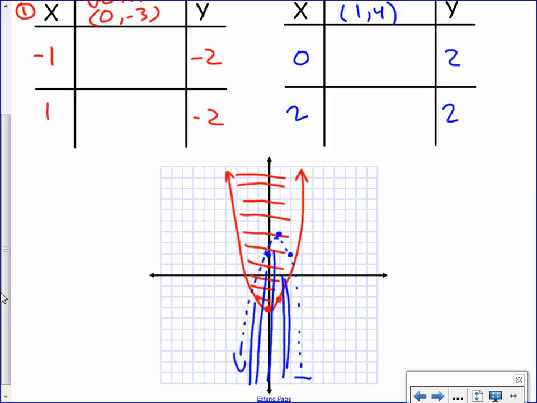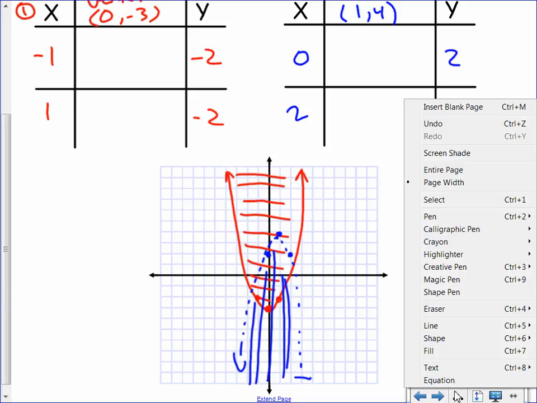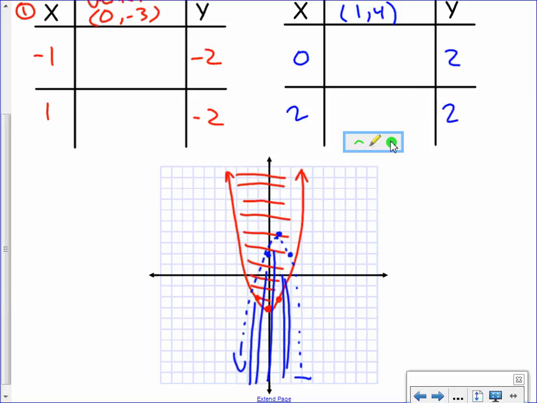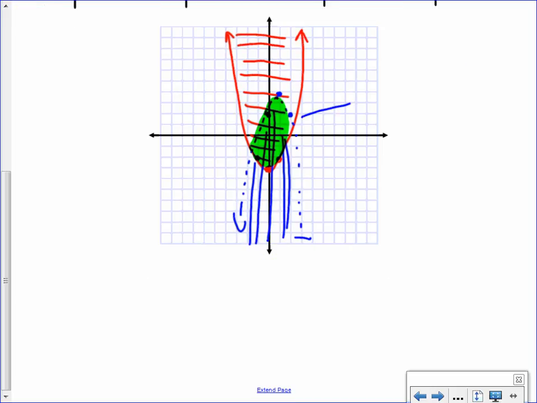Here's what your highlighter's for. The solution has to be where the two shaded regions intersect. So it's right in the middle where they intersect. Take your highlighter, or just shade it in really hard with your pencil. The solution is this area right here. The area where the two shades meet